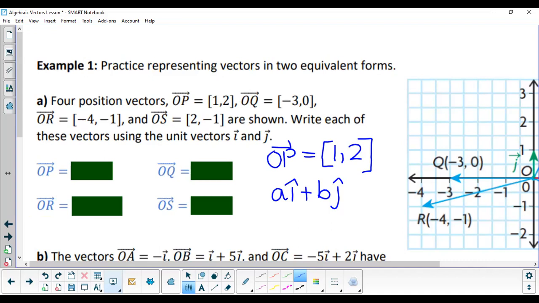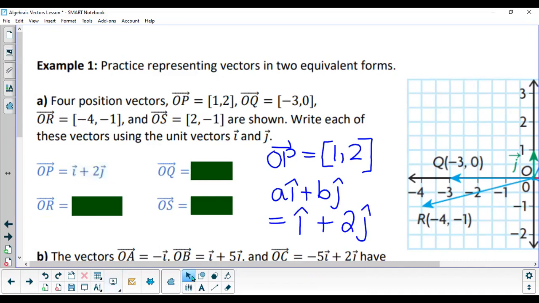So instead of a, I'm replacing it with 1, which is the same as 1i, or just i by itself, plus, instead of my b value, I'm replacing that with the number 2. So that should tell me that I can represent OP as i plus 2j, the unit vector